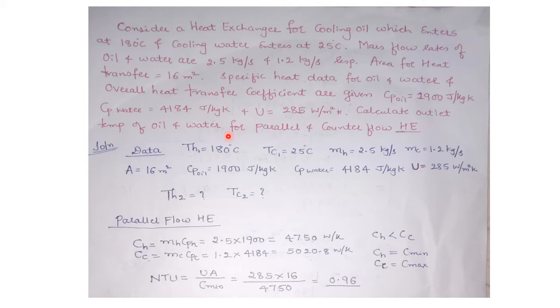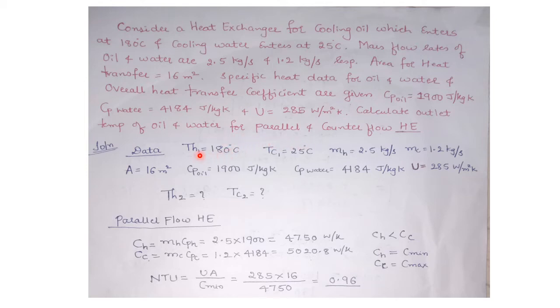exchanger. Here all the values are given except the outlet temperature of the hot fluid and the outlet temperature of the cold fluid. While deriving the expressions, I have already told you, if the outlet temperatures of the hot fluid and the cold fluid are not given, then solving such problems by using the LMTD method becomes very difficult. In such cases we use the effectiveness NTU method analysis to calculate the values of TH2 and TC2, both for parallel flow heat exchanger and the counter flow heat exchanger.